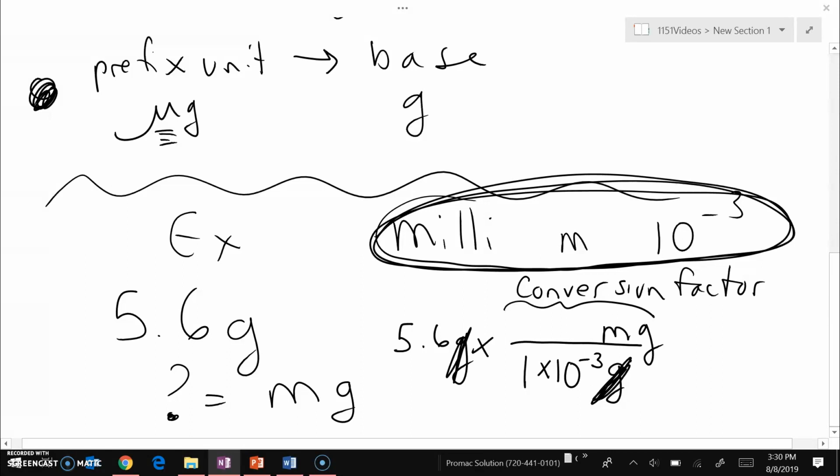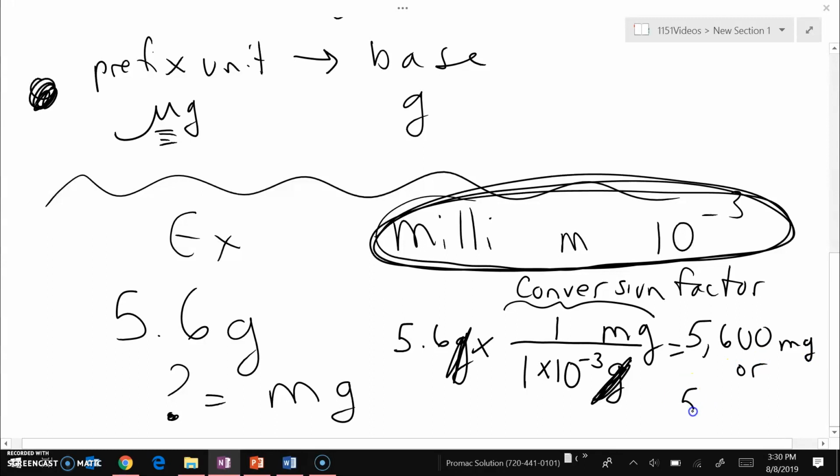That's an ugly number. It goes with the base unit. The only base unit here is the gram. And a 1 goes with the milligram. So into your calculator, you would actually punch in, if you wanted to, 5.6 times 1, and then divided by 1 times 10 to the negative 3, which is going to give you 5,600 milligrams,